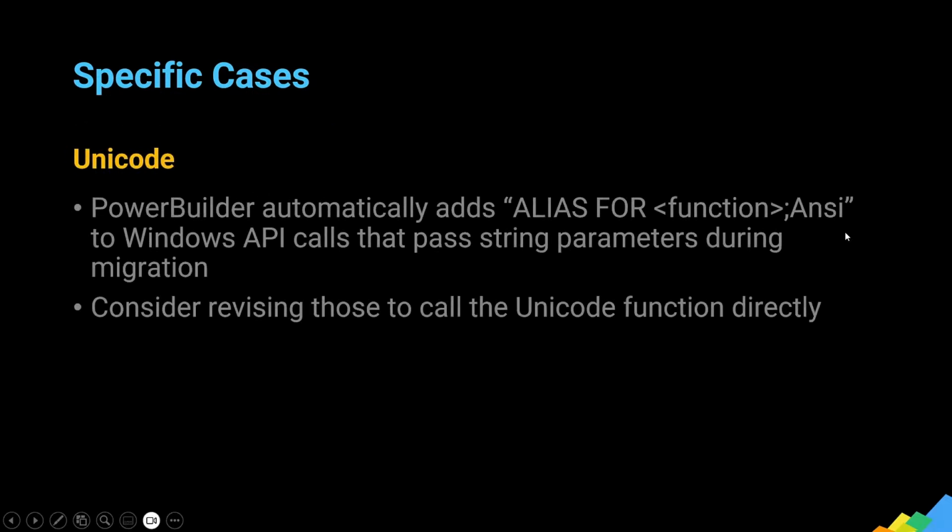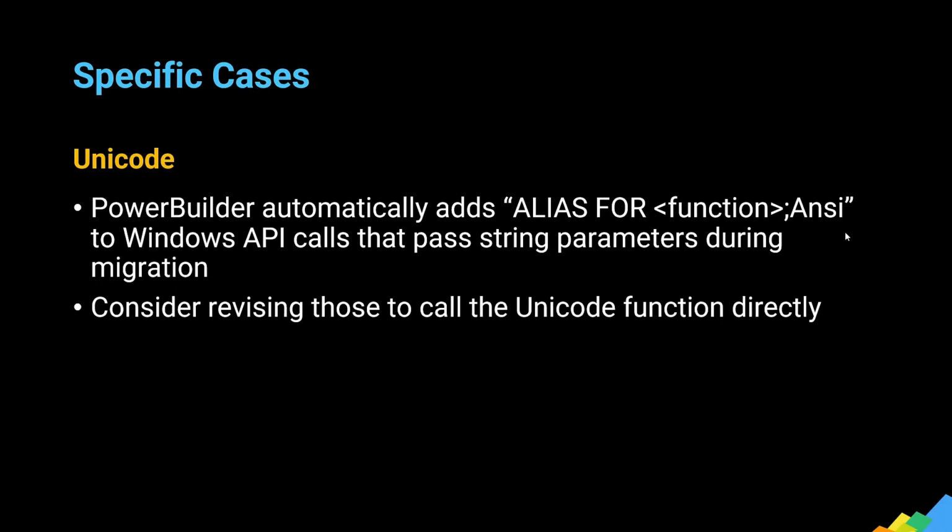and talk about Unicode. This isn't quite as much work. What happened in PowerBuilder 10 is we went from ANSI to Unicode, and what PowerBuilder did, and actually did a pretty good job of it, and any later version of PowerBuilder, if you're migrating something from 9 and earlier, it will go through and look for external function calls that pass strings. And if it sees those, it will append an alias for the function name _ANSI to them to tell itself at runtime